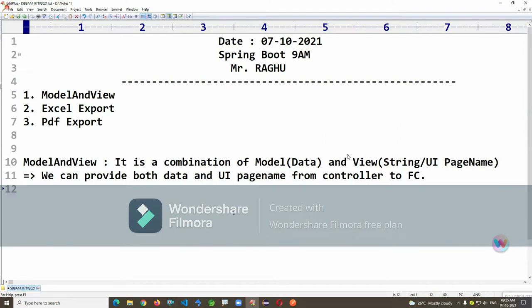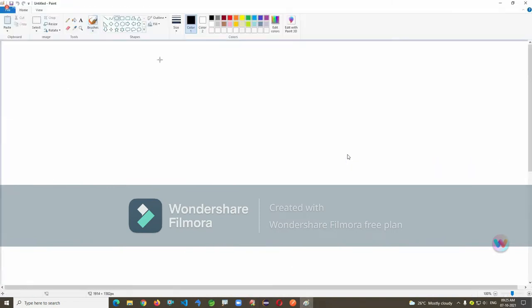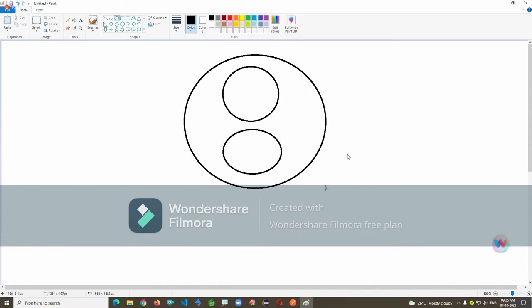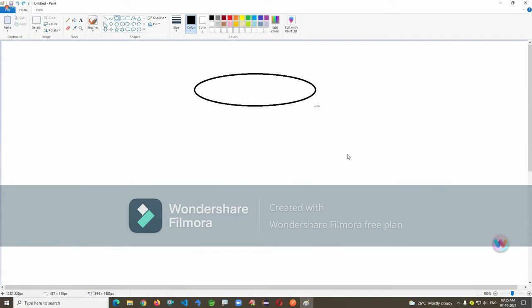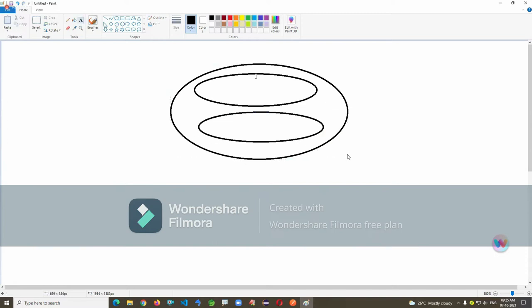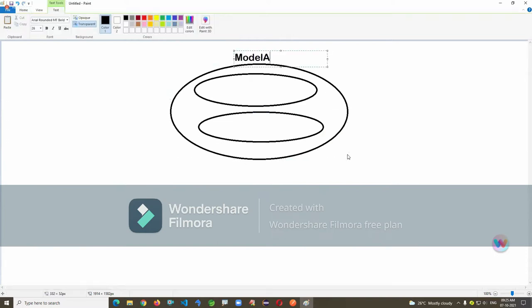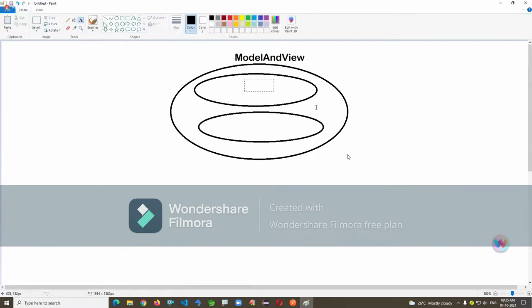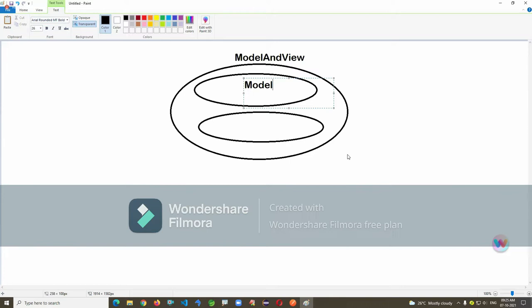Now actually we are not using this combination object. We are just converting view into string representation, and model into model interface actually. Okay, so if you look at this old return type structure, this is model and this is view. Now the combination object is model and view. Model and view is a combination object, means it contains internally two things. One is model, means it's data, and the second one is view, means it's a name.